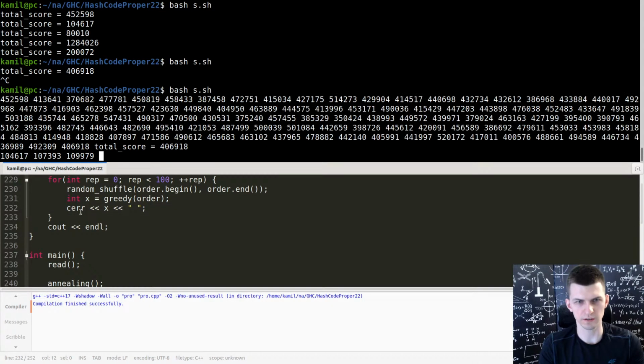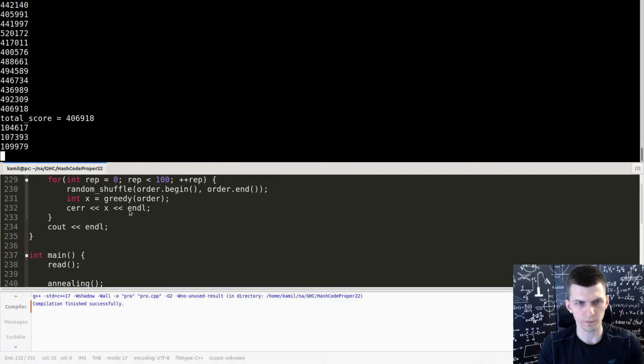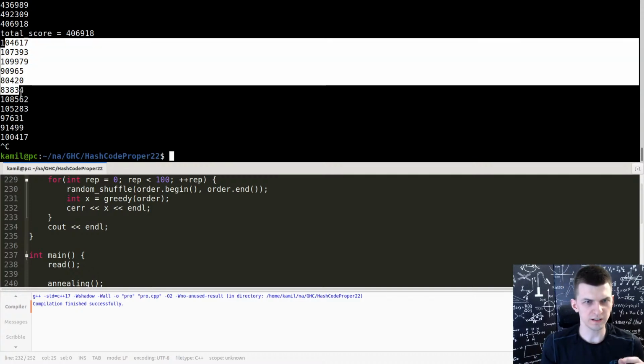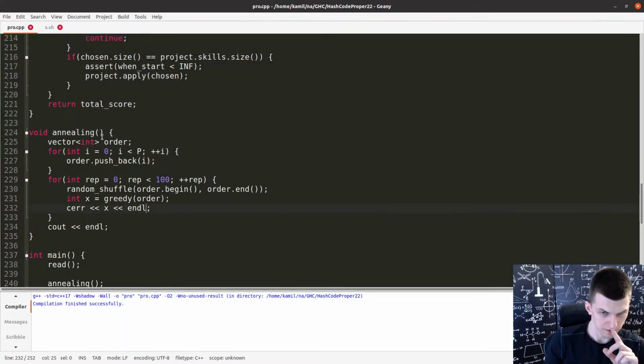We should see 10 values. Well, it's hard to read in this form. So maybe actually new line. Now we see slightly different scores. That's understandable every time I random shuffle. But I shouldn't do this. I should use a fixed order.